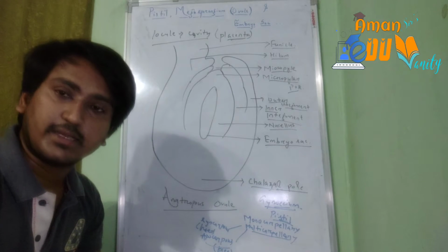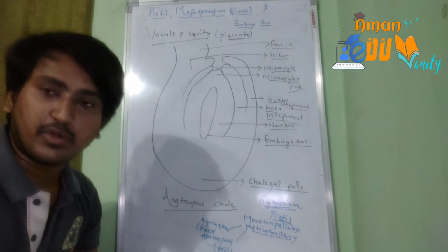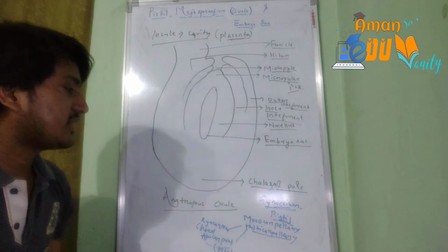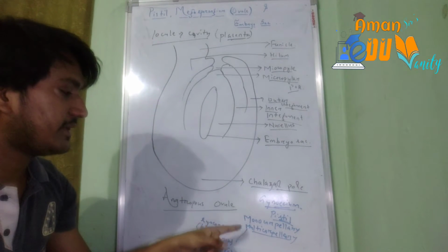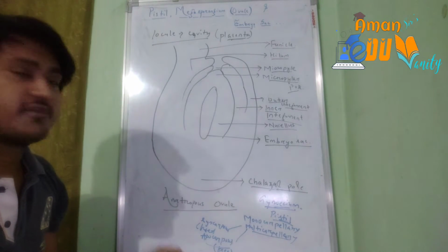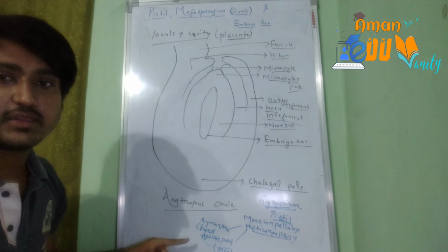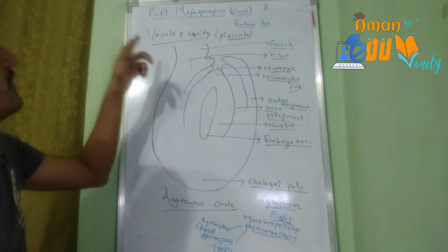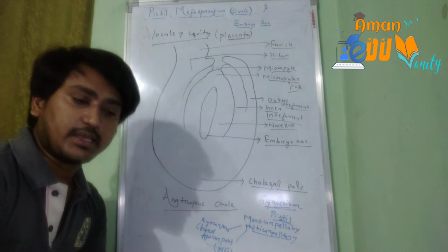Like in wheat, there is only one ovule in the ovary, and in papaya there can be many ovules together. So these are a few terminologies. The gynoecium pistil, if it is a single pistil, we call it monocarpellary. If there is more than one pistil, we call it multicarpellary. If the carpels are fused together, they are called syncarpous. If they are free, it is called apocarpous. And the ovarian cavity or locule has the placenta, to which the ovules are attached.